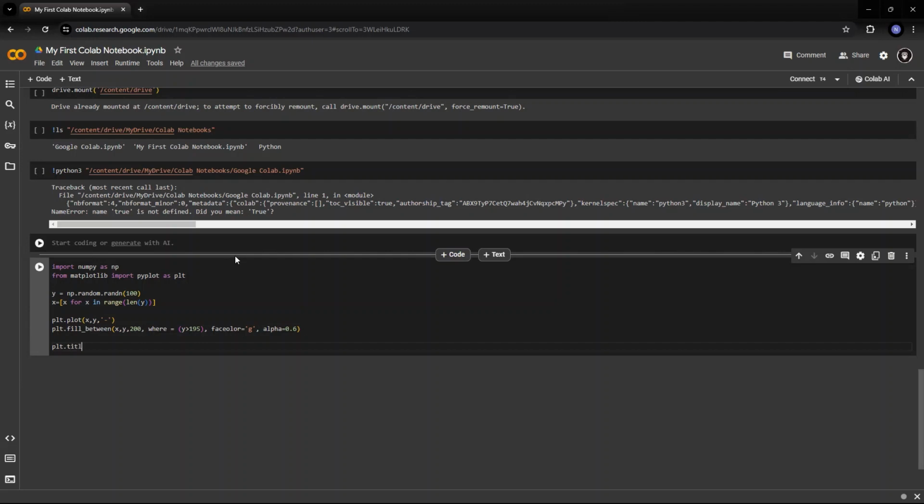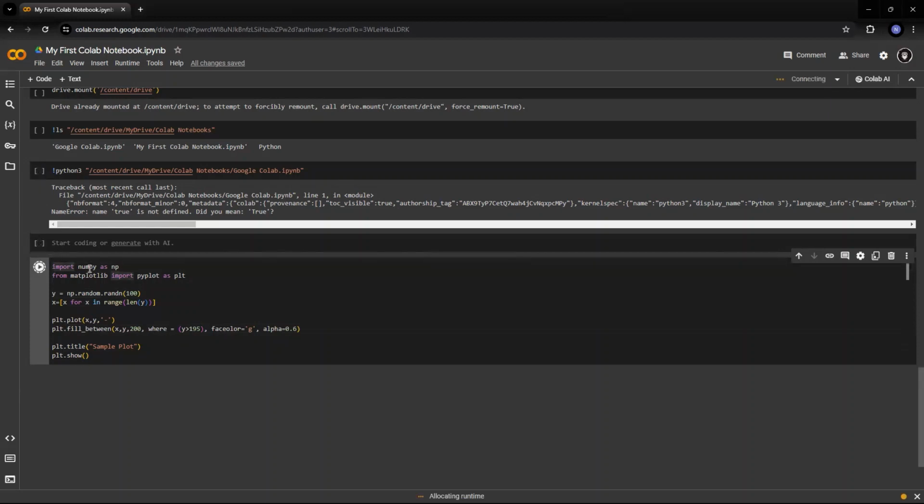a graph now. We'll give it a title. Nice title, like sample plot. Yeah. And I'll say plt dot show. Let me see if my code is okay everywhere. Yes. So I'll run it, and you'll find